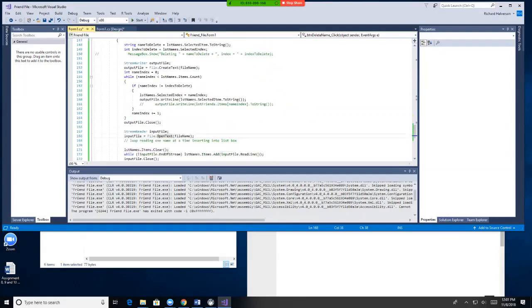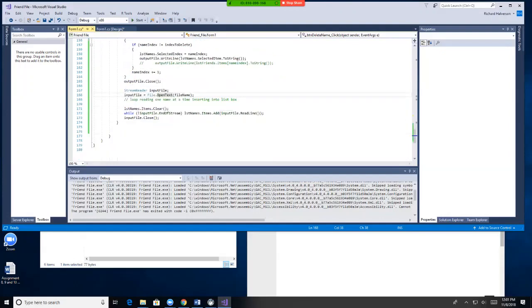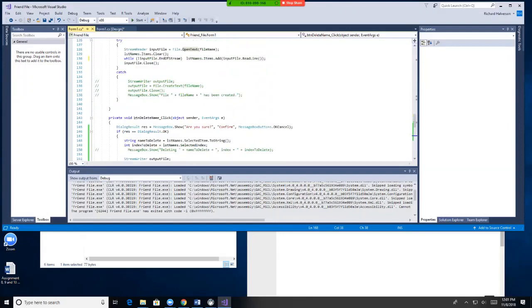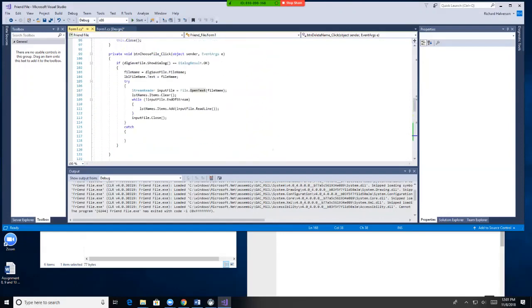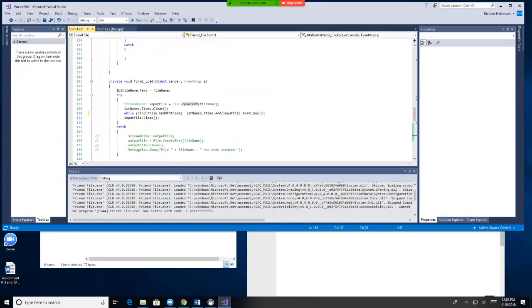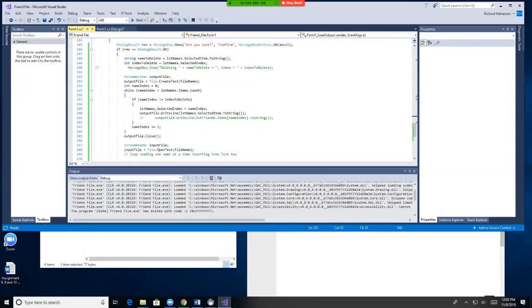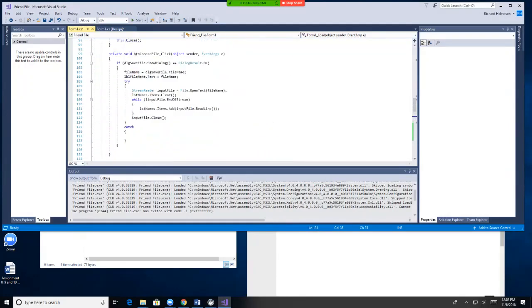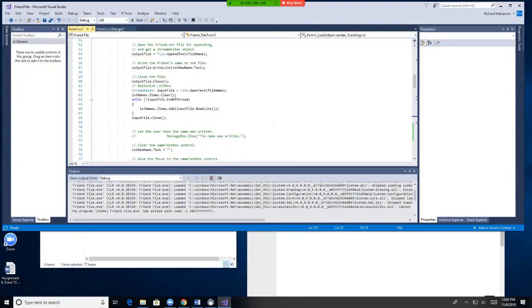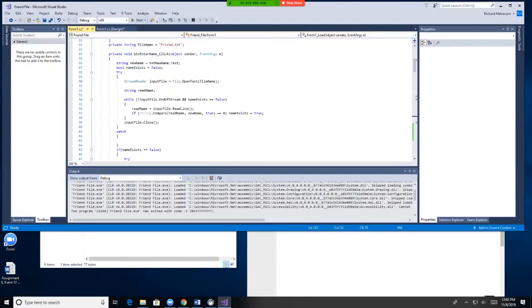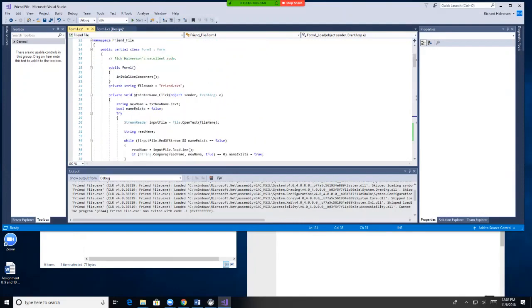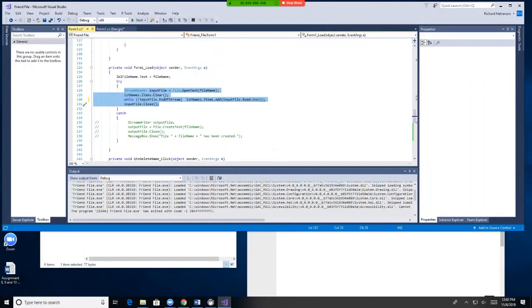Input stream writer. Oh, they're all in one line. Okay, and here. Okay, so I'm going to make this a method. So I'm going to select this and make it a method. So I'm going to right-click,